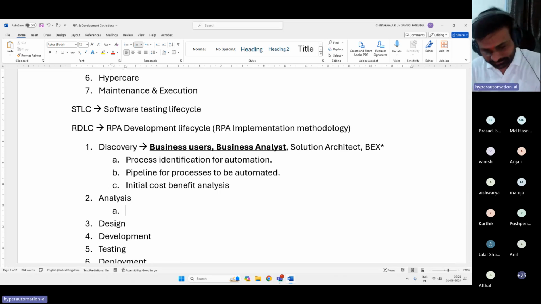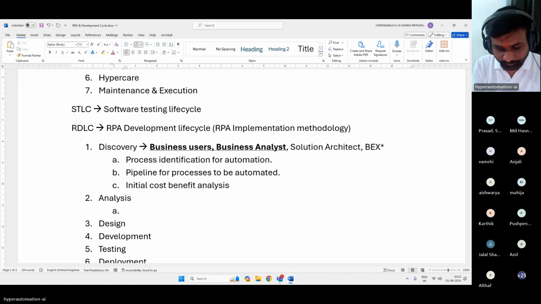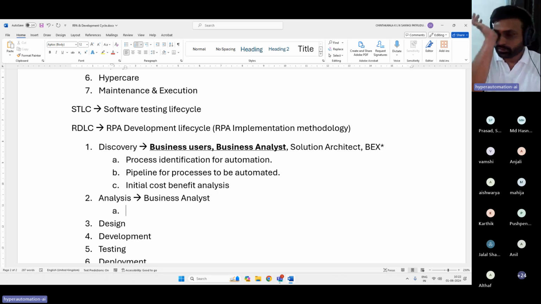And analysis. What do we generally do as part of our analysis phase? And who will be part of this analysis phase? Who is responsible for this? Business analyst is going to play a key role in the analysis phase. What will be done?